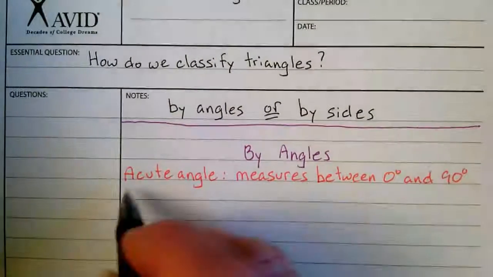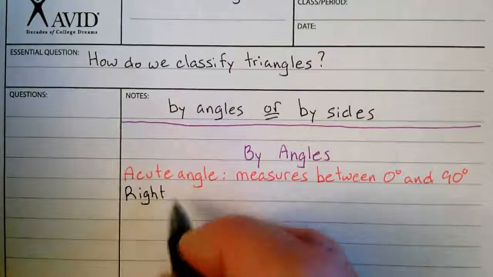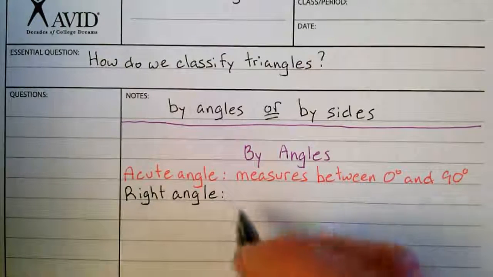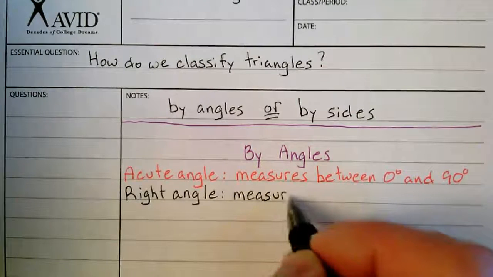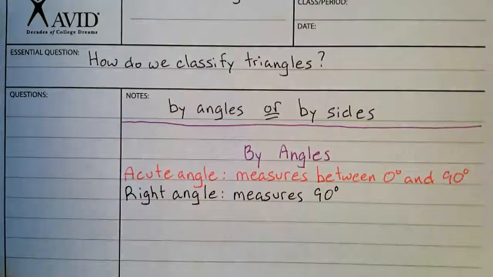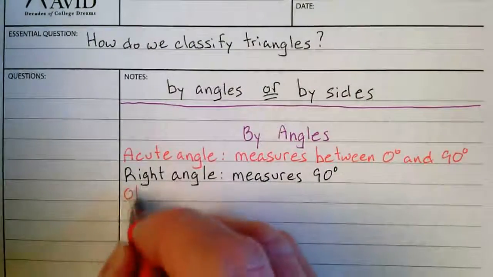We have a right angle, which is an angle that measures 90 degrees. And then we have an obtuse angle,